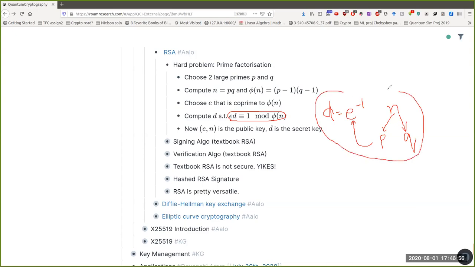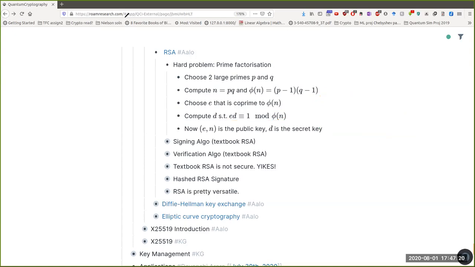If you don't understand these huge details, you can just simply remember prime factorization: n, factor it out into your prime factors. If I can do that, I can calculate E inverse. E and n are public, D is secret. So if I get E inverse, I'm basically getting D, which I don't want because it is my secret key. I need to keep it secret.